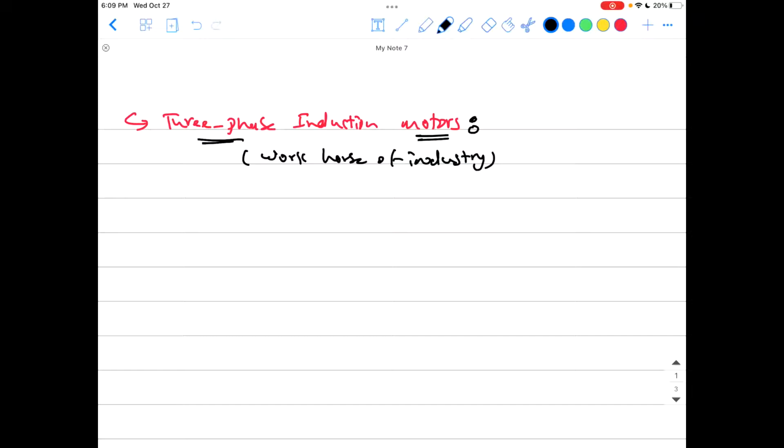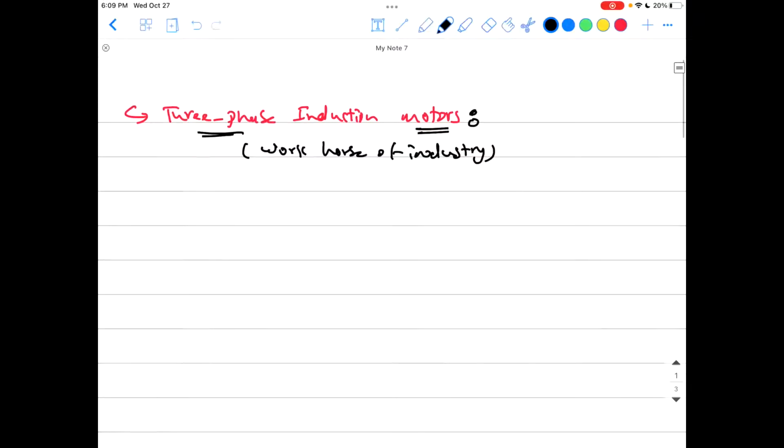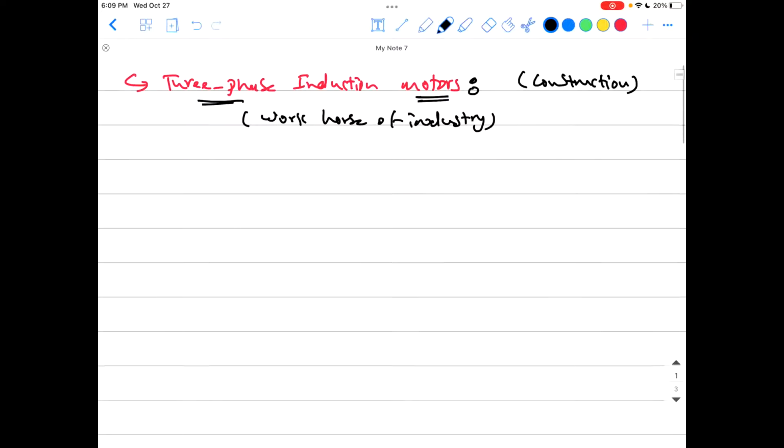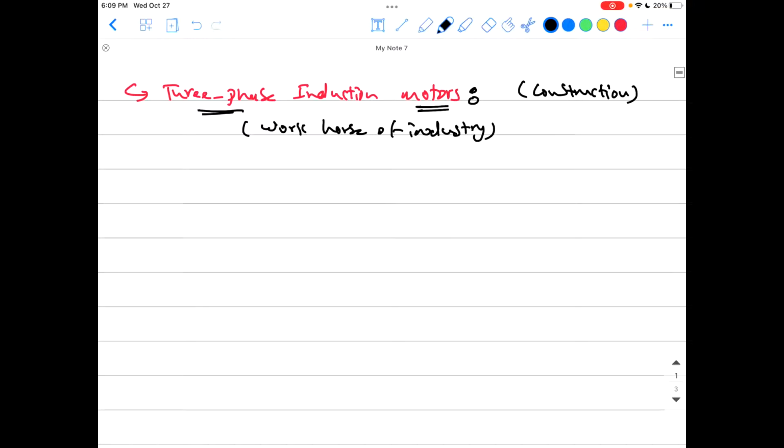Okay guys, so I'll be starting like usual by talking about the construction, how this machine is built. Like any other rotating machine, we have two members: a stator, that's the stationary member, and a rotor. So it's become a habit now. We dealt with this in DC machines and in synchronous machines. So we're now talking about it here. I'll start today talking about the stator